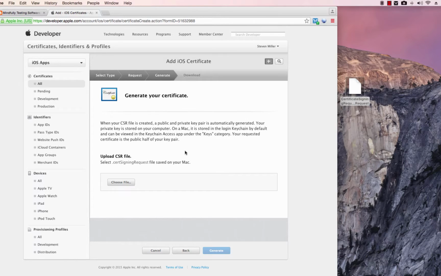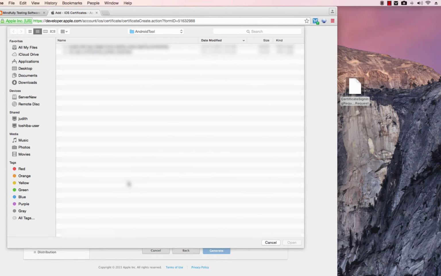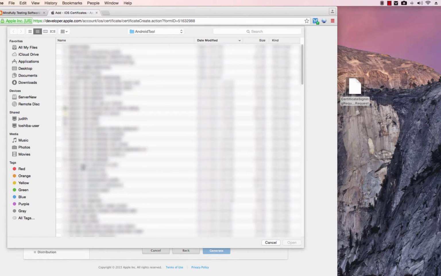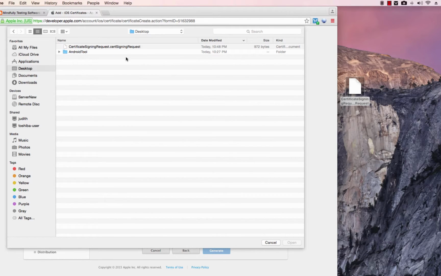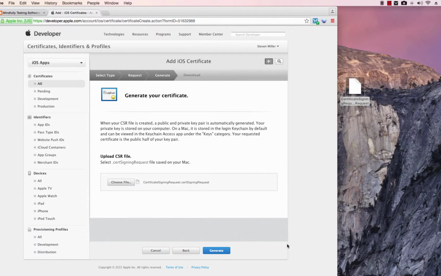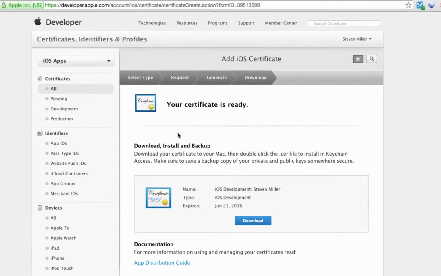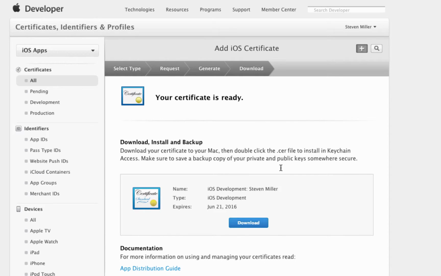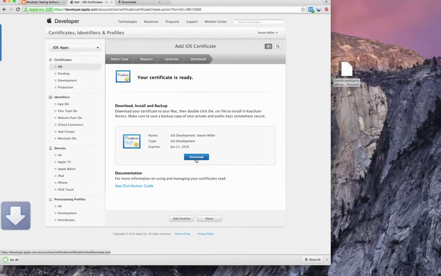Now it's going to ask you to choose the certificate that you just created, so go ahead and click choose file and then go to desktop and choose that specific file and click open, and then go ahead and click generate. Now we can go ahead and download the iOS development certificate that we just generated, so go ahead and click download,